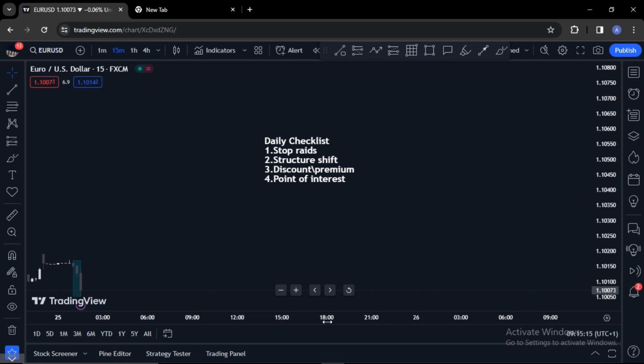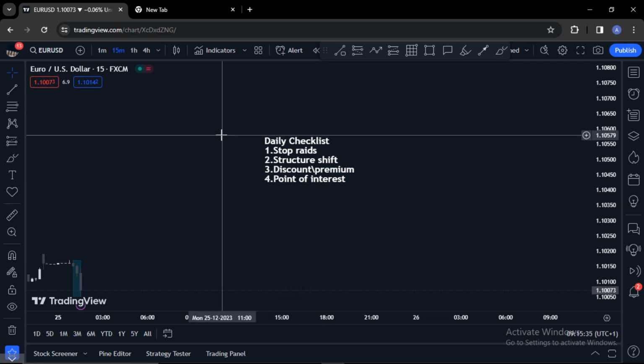Of course, it's on holiday and the markets are not moving yet. So I want to use this time to share our daily checklist, what we look for every day and how we formulate our daily bias. Alright, so on the daily checklist, firstly, before we look at the daily checklist, I'm going to do a top-down